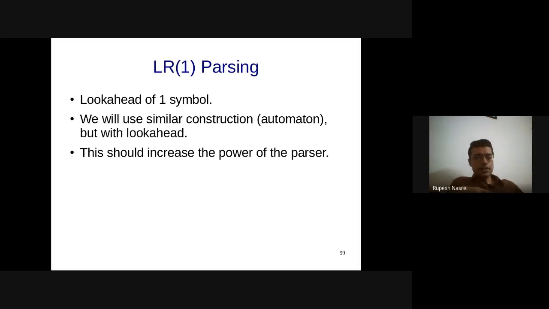So let's see how that gets done, and once we do that, that is something which we can call LR1 parsing or LR1 automaton. So let's take the example of this grammar which had the shift-reduce conflict issue. Maybe we will change the grammar. You can try that out maybe later if that satisfies our